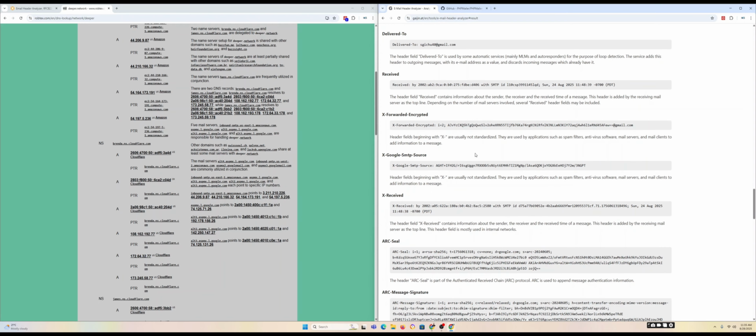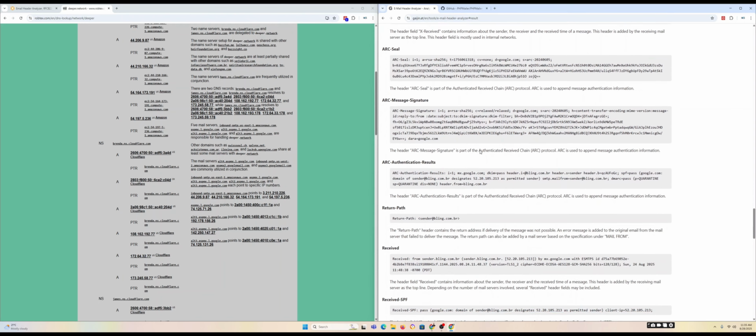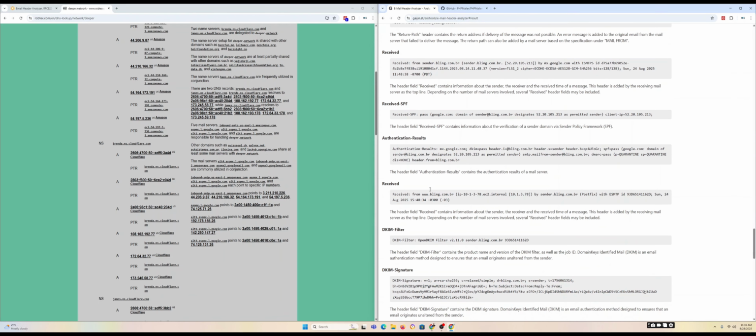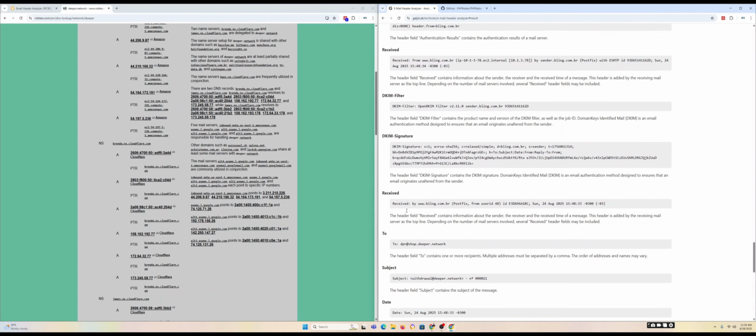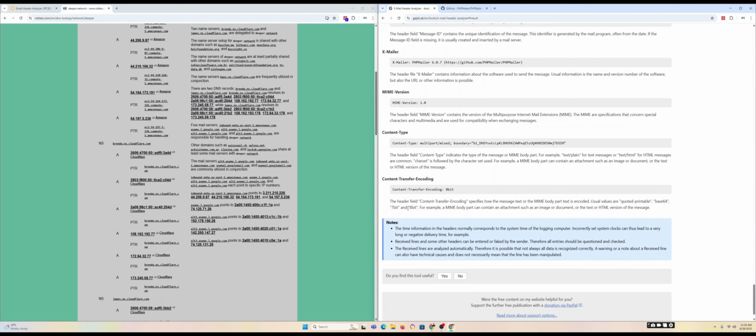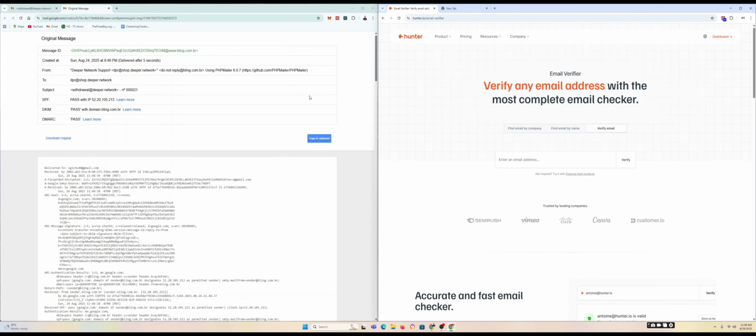We have the X headers, we have the return path, the SPF, DKIM filter signature that is used, the MIME version, and the encoding method. So remember guys, we've extracted the email that